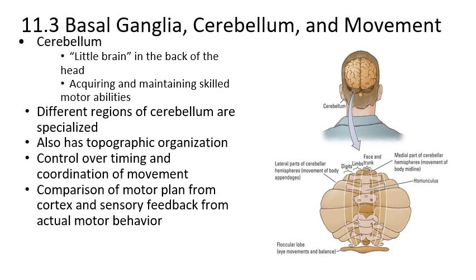Different parts of the cerebellum are specialized. Don't worry too much about the different areas of the cerebellum. Just know that it has topographical organization, so it again has this like homunculus organization where different parts of the face are located near each other. The limbs and the digits are close to each other, so there's like a little map of a person in